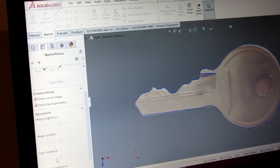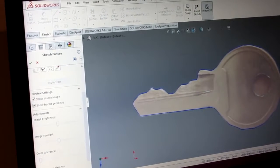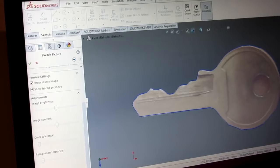If you do decide to do this, all I did was go down here to color tolerance. I know you can't read that, but that's what it says. I'm going to turn the sensitivity way down, and you can see it rounds out all the corners quite nicely. Now at the very bottom, hit apply, and it's going to turn that outline into an actual drawing. And if I zoom in once it loads,